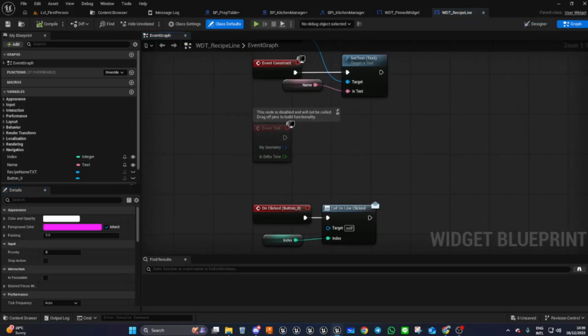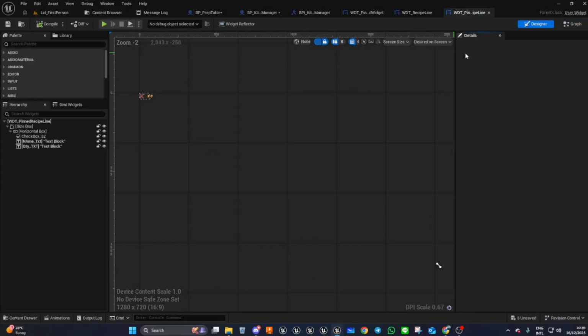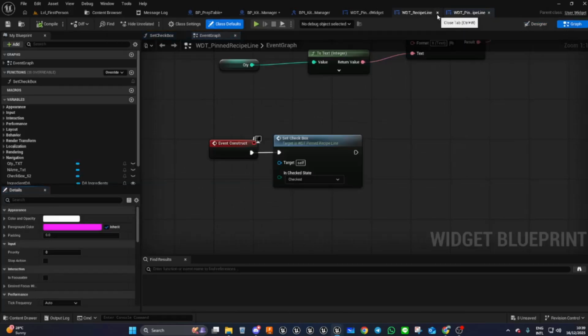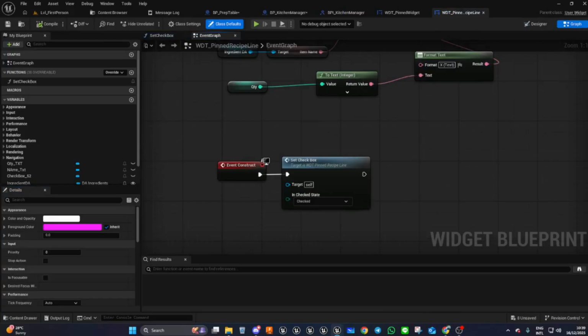I've got it wrong again. Pinned recipe line, this one. Sorry for the confusion. Okay, so in here at the moment, we've simply got